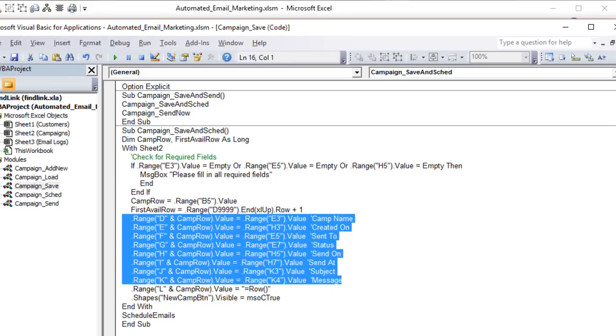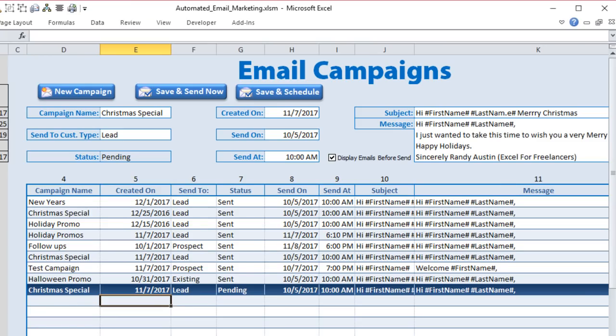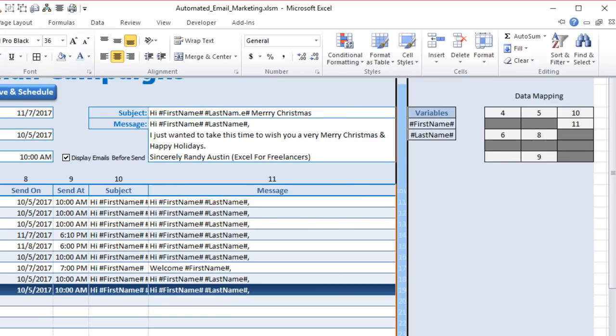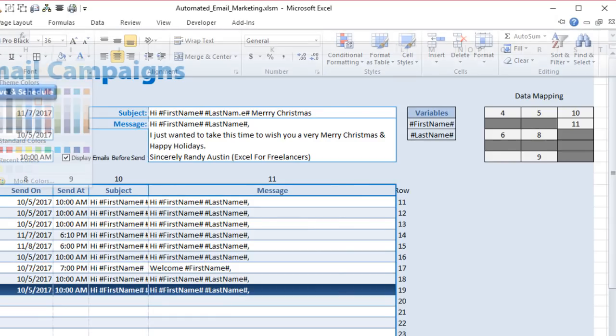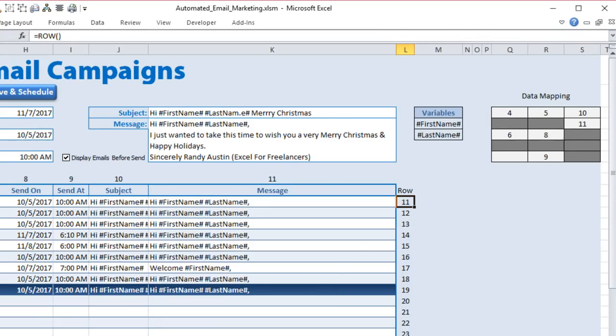It's another way to map the row. And the last thing I've done is add a row, and this is important, and we'll get to this later. What this does is put a formula in the last column, and we'll go ahead and show you that. I'm going to slide over, and I'm going to change the font color to black so that those become visible. You'll see here that we've defined the row, and all this is a straight formula to give us the row. The reason we do that, I'll explain a little bit later why we need to mark that,